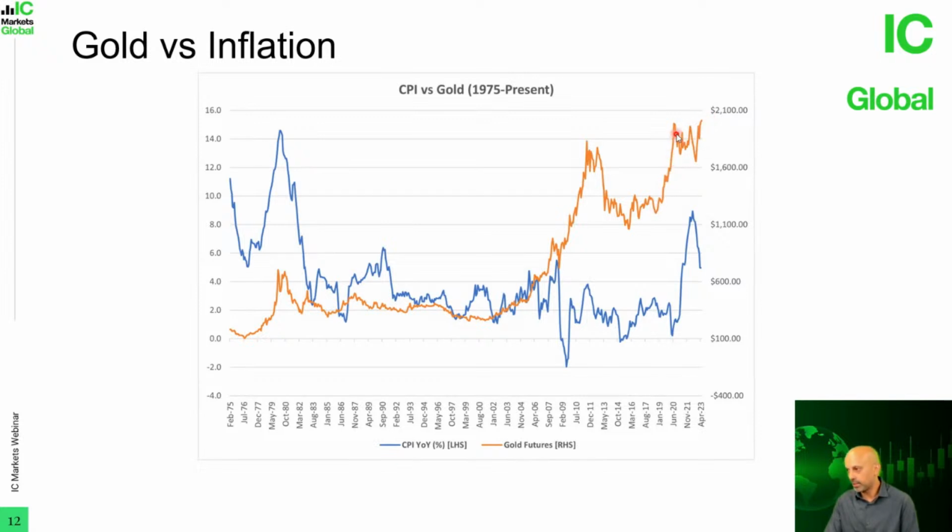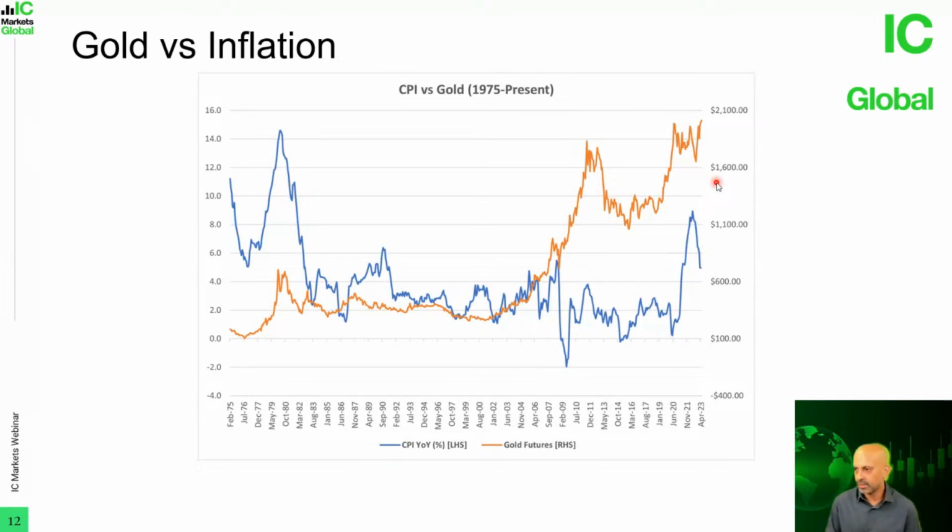So you can see that in the initial phase of this high inflationary period, gold did function as a good hedge against inflation. But as inflation continued to rise higher, gold prices sort of stalled and traded sideways, roughly speaking. So yes, there are periods where gold will indeed serve as a good hedge against inflation, but there are also instances where it will not. That's also down to the market environment and the macro environment.